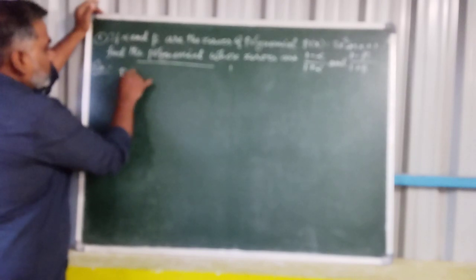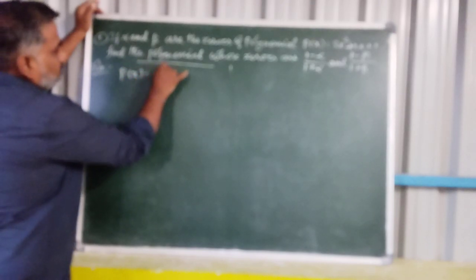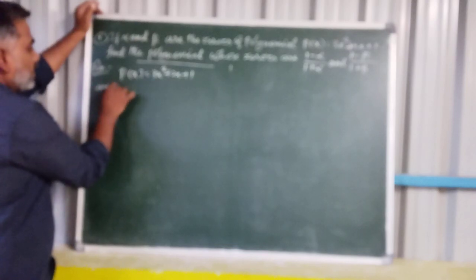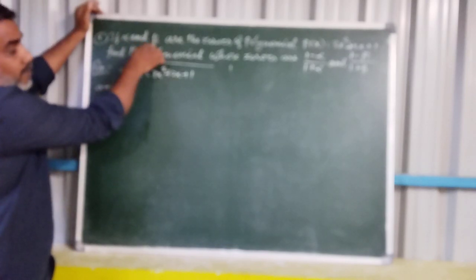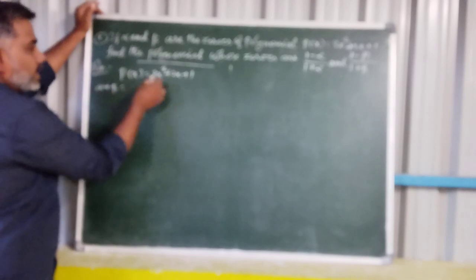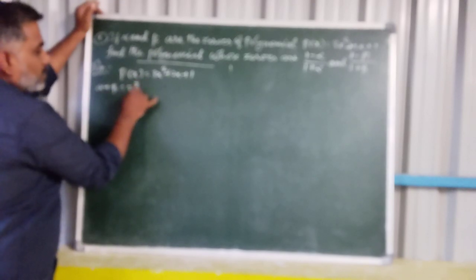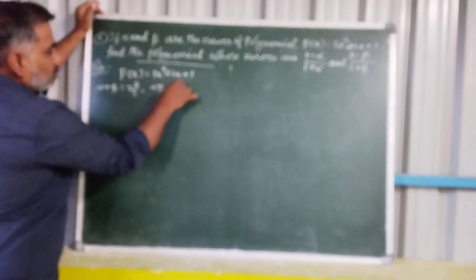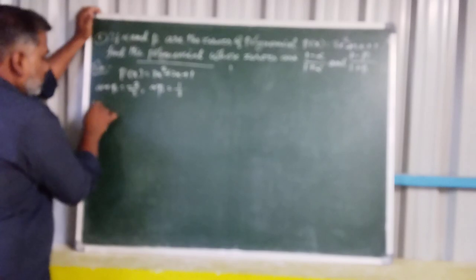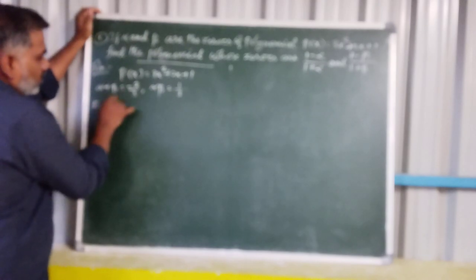What is the given? P of x equals 3x square plus 2x plus 1, that means the sum of zeros is alpha plus beta, because alpha and beta are zeros. So, alpha plus beta equals minus 2 by 3 and alpha beta equals 1 by 3, c by a, that is 1 by 3. So, to find the new polynomial, for the new polynomial